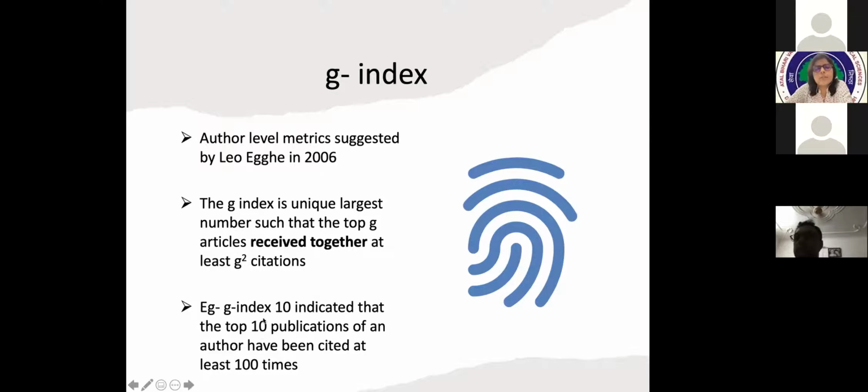For example, if G index is 10, it indicates that the top 10 publications of an author have been cited at least 100 times. Like with the summation of all the 10 publications, if we see the citation summation, it should be at least 100 times.